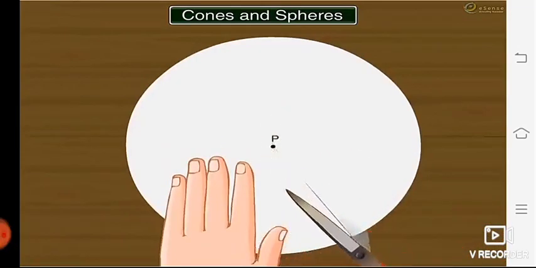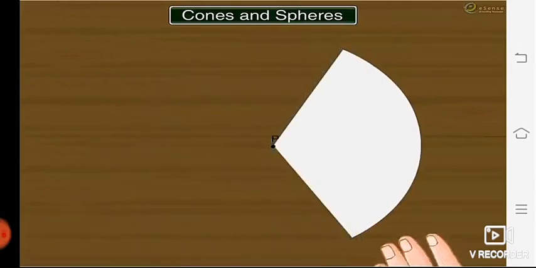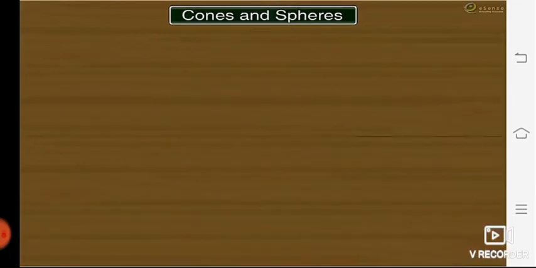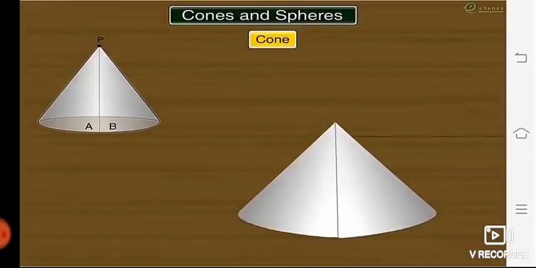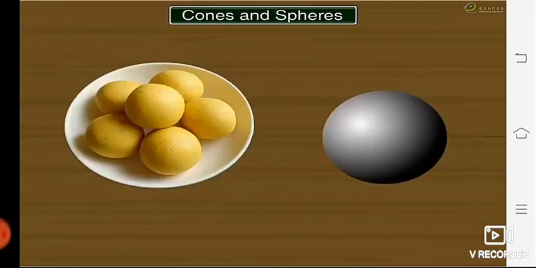So here we have cut it, and these are the two pieces. Bring the sides together, then we get two cones, isn't it? So out of those two pieces, when we brought those two sides PA and PB together, we have got two cones, one from each piece. So now let's learn about the next three-dimensional object.